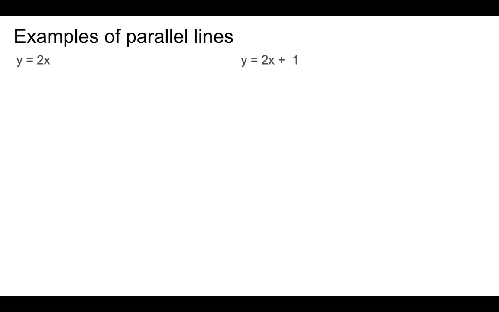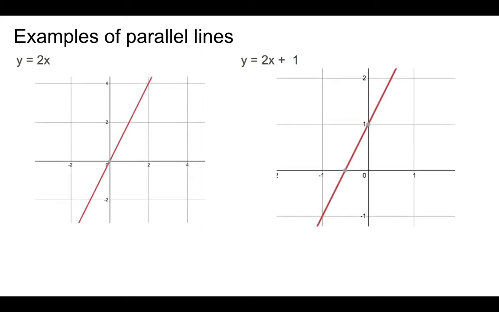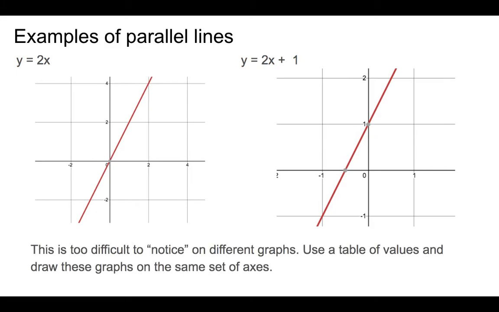So I've got some examples of parallel lines. The best way to do this quickly and most efficiently is to use a graphics package like Desmos. Go into desmos.com and just start graphing, enter in those equations. I've just screen grabbed them from Desmos, that's why you don't see the axes labelled. So y equals 2x and y equals 2x plus 1. Now what I've said at the bottom is it's too difficult to notice